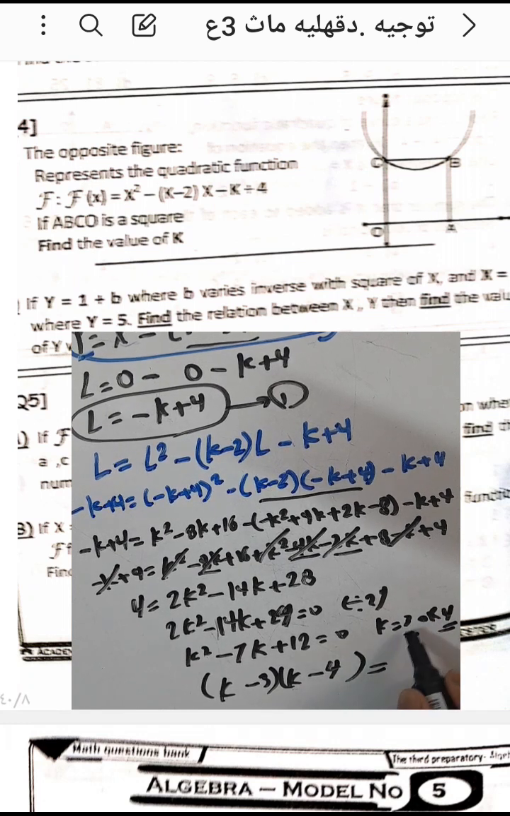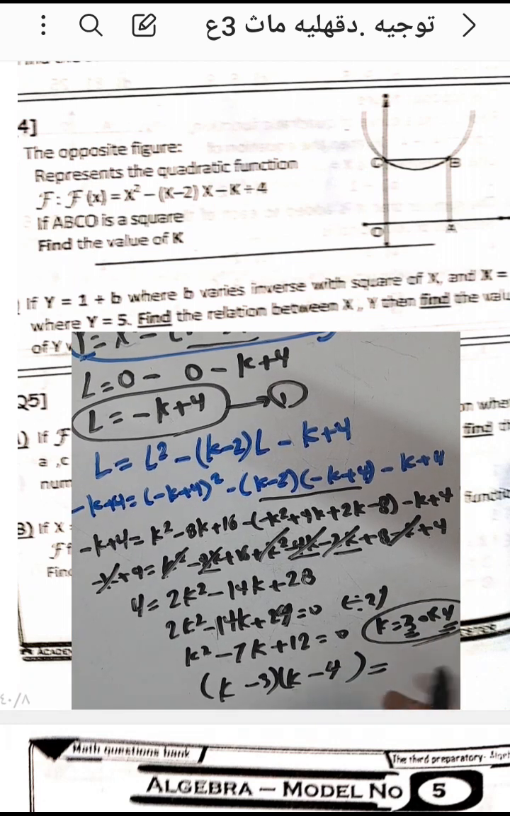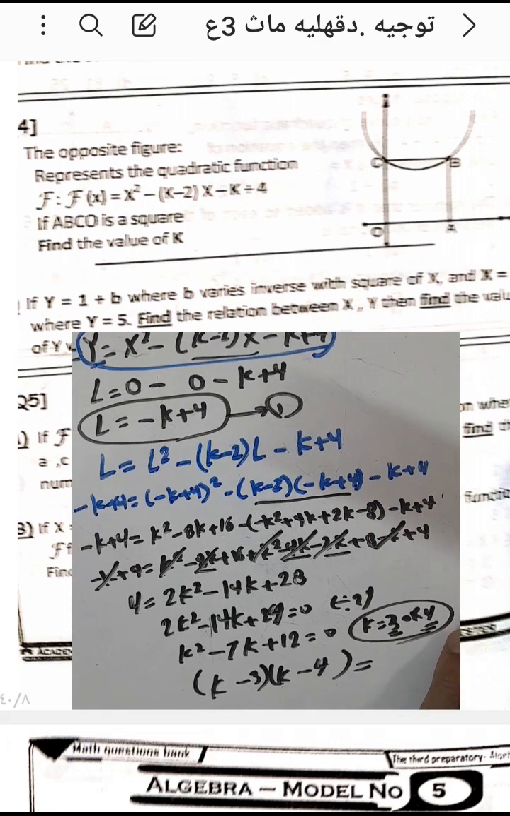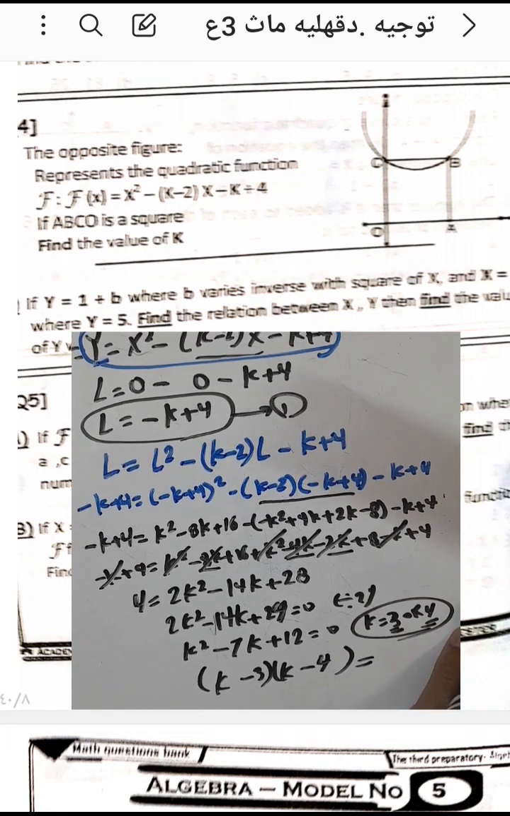We have two solutions about this equation. This unknown value k will be 3 or 4. We have two solutions. Okay,